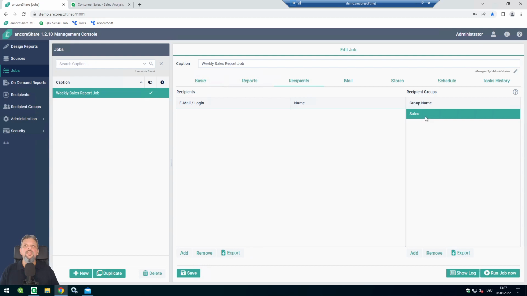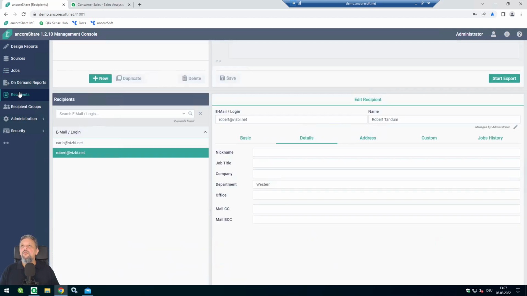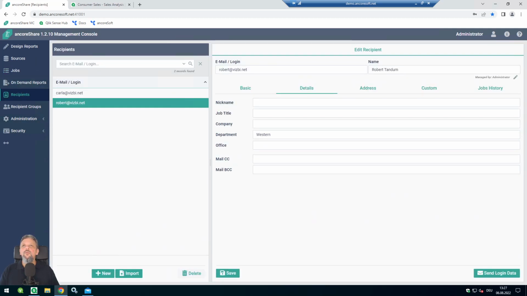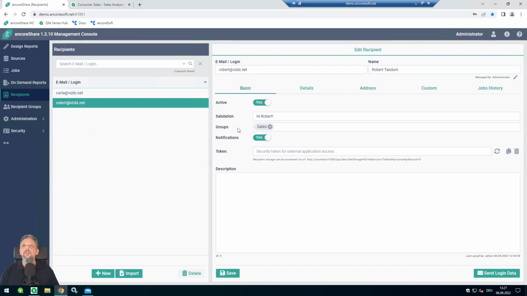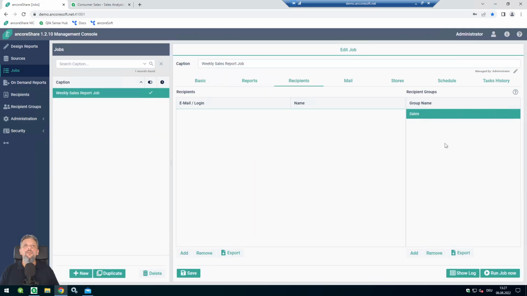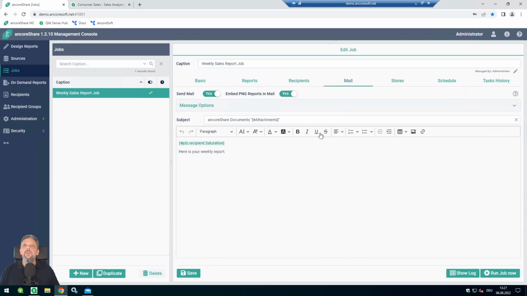so the group sales. Let me see. When we switch to the recipients, we see both are in the group sales. Yes. Going back to jobs. Then we can see, yes, it's sending by email as embedded PNG. And it starts with a salutation. Here's your weekly report. We're going to enhance that with